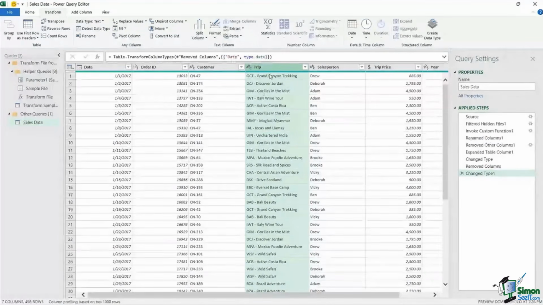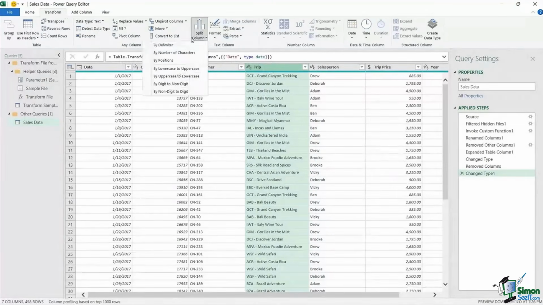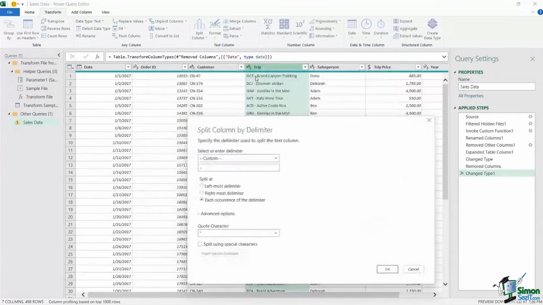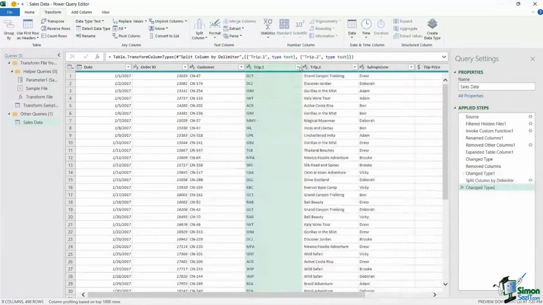We just simply select the column that we want to split up, and then on the Transform tab in Split Column, we can say by delimiter. And then we can just choose where we want to split it. So where we have the dash is where I want to split. We have a few different options in here. If you can't see what you want, you can go to custom, and it's remembered it from when I last typed it in. We have a dash in there, click on OK, and it's going to split those into two